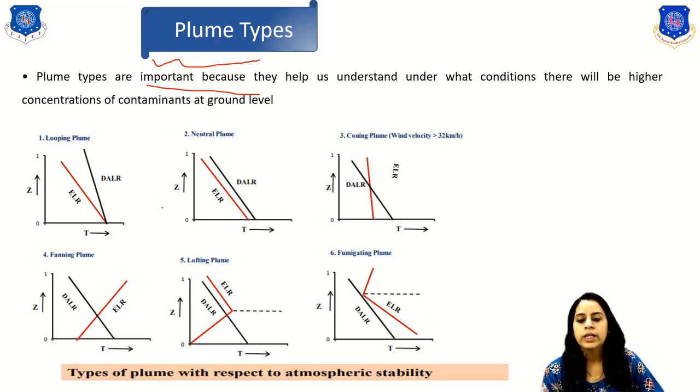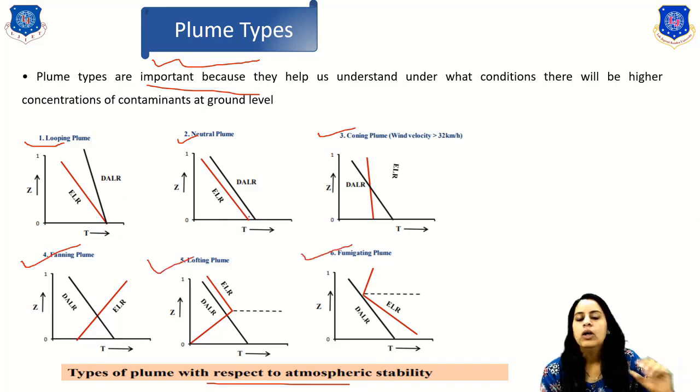On screen you can see that various graphs are given, which show the types of plume with respect to atmospheric stability, right? So this is how it is connected with the plume and the atmospheric stability. Basically there are 6 types of plume. The first one is the looping plume, then the neutral or coning plume, then the fanning plume, the lofting plume, and the fumigating